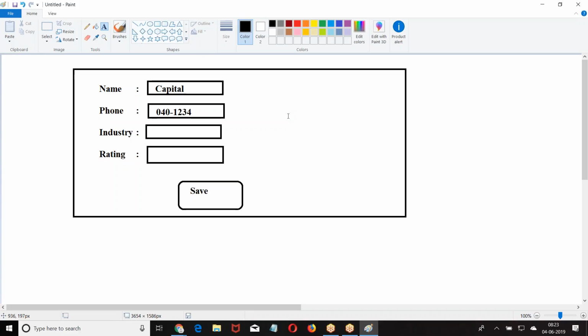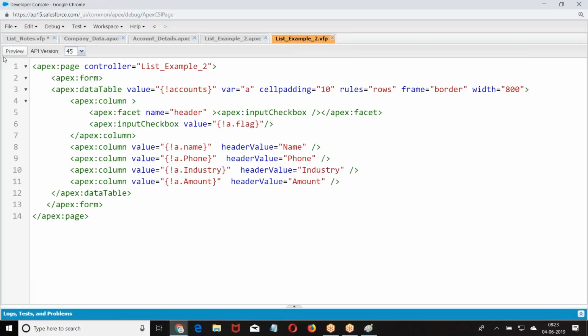In the previous class we have done how to insert a new record. But here I want to check, are there any duplicate record exists with the same name? If the record exists with the same name, then throw error message. If the record doesn't exist, then save the record. Are you getting my point? Then how do you find it? So let me use the concept of